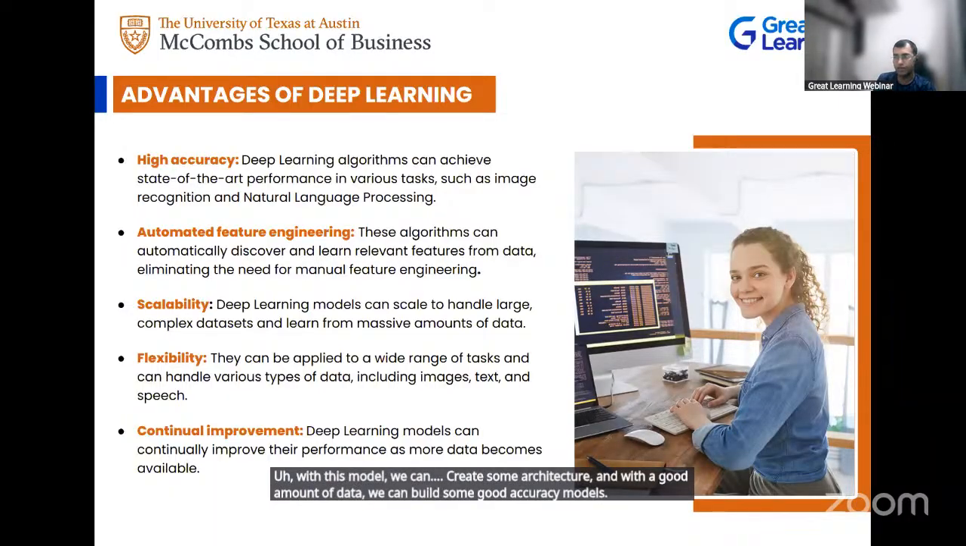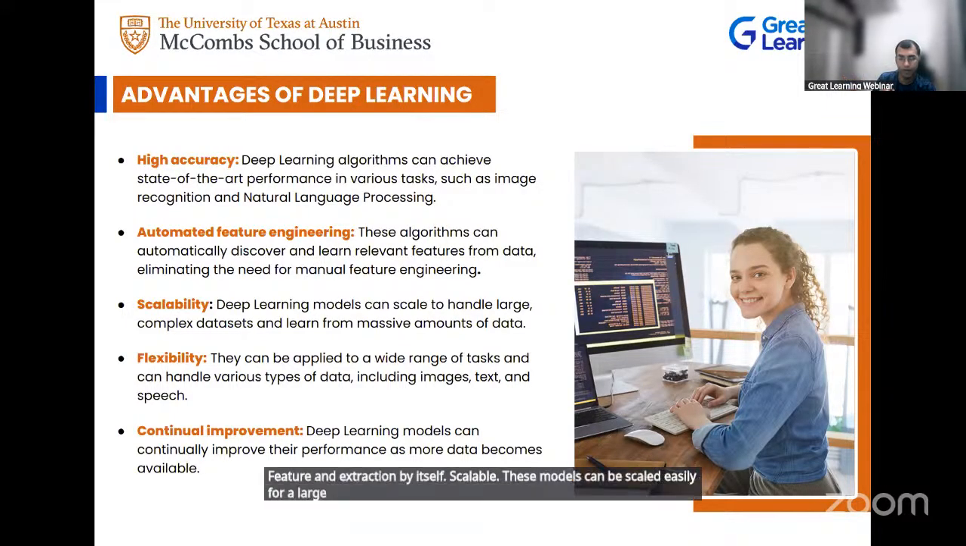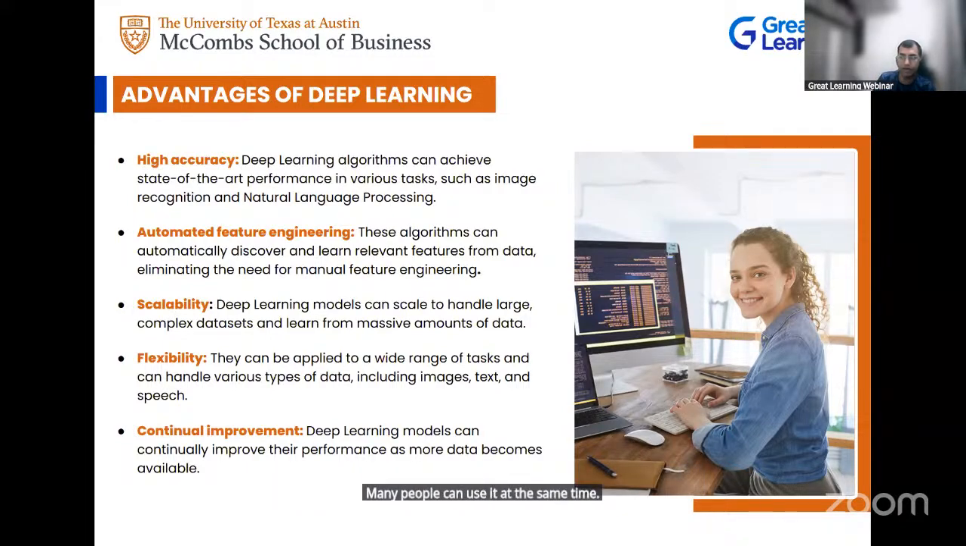Automated feature engineering, this time as we discussed, the models can do the feature extraction by itself. Scalable, these models can be scaled easily for large use cases when they can be deployed on multiple machines and many people can use it at the same time. Flexible in terms of type of data that it can handle. It can handle text, images, videos, audio, different types of data we can deal with, and allows the continuous